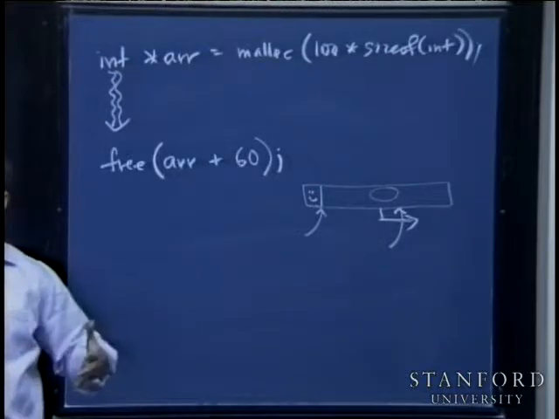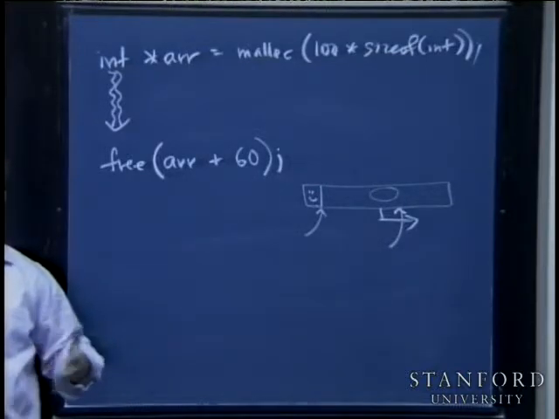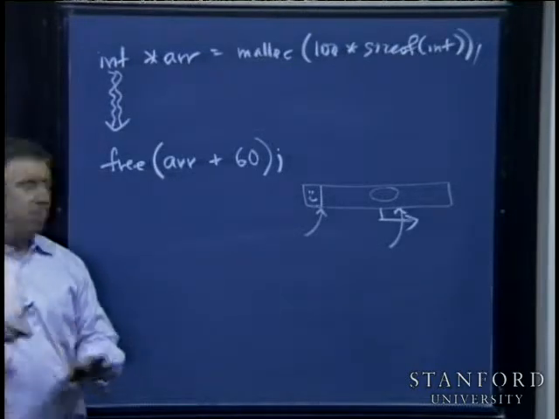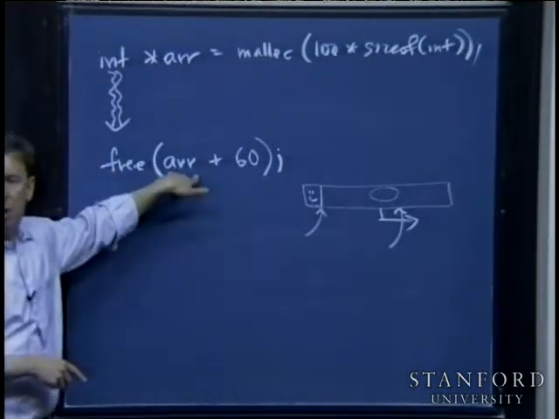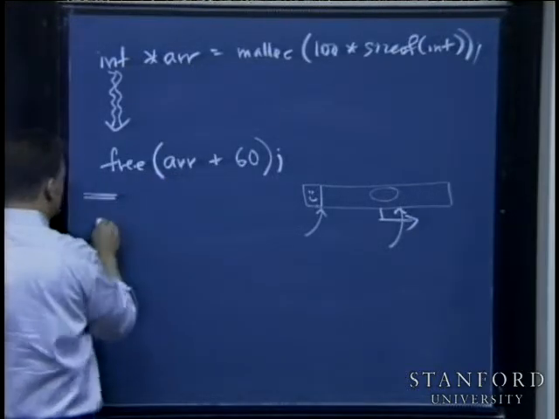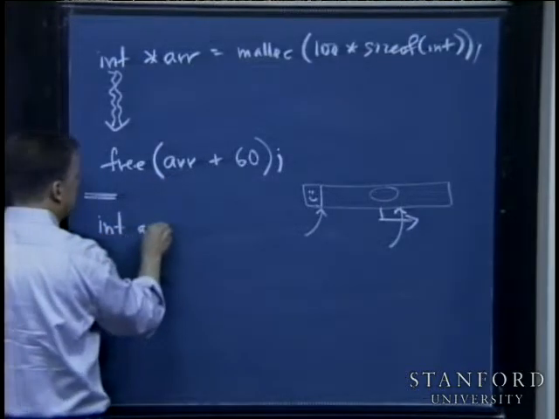Now, you're not necessarily sure what impact that has on the heap and what data structures look like. I'll give you a sense in a second. But the bottom line, the takeaway point here, is that you can't do that, and now you have some insight as to why. Okay? If you do this, int array